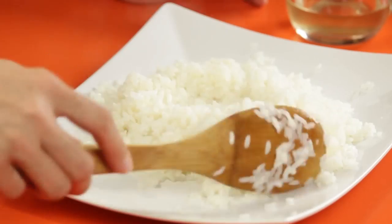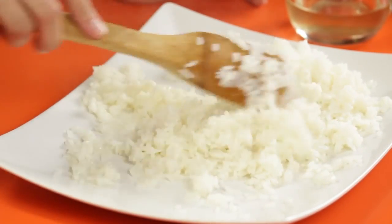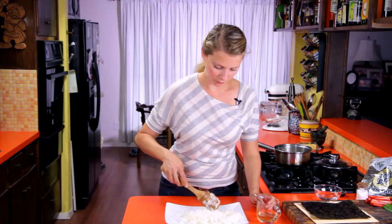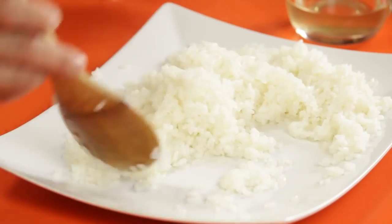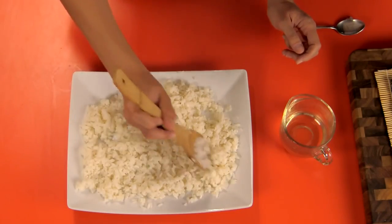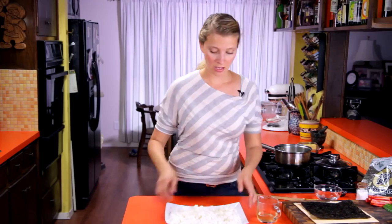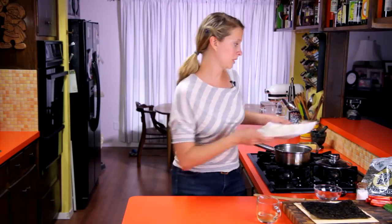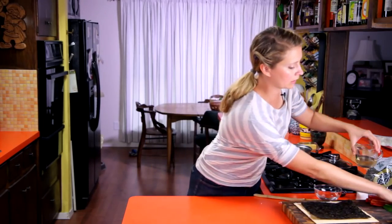So that's enough. About half of the little bowl that we made will do good for this amount of rice, which is about 2 cups. See, the rice looks really nice and glossy now. And we'll spread it out. Let it cool a little bit more. And rice, I will be back with you in a moment. Please wait over there. Okay, so now,